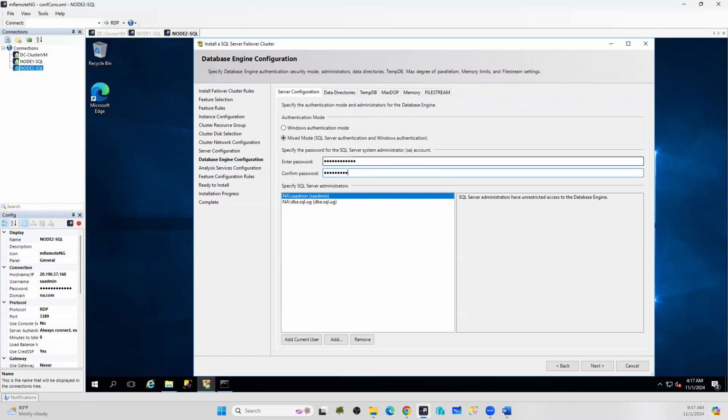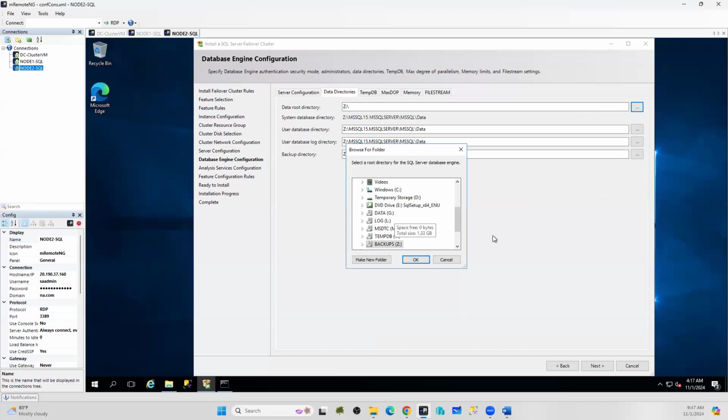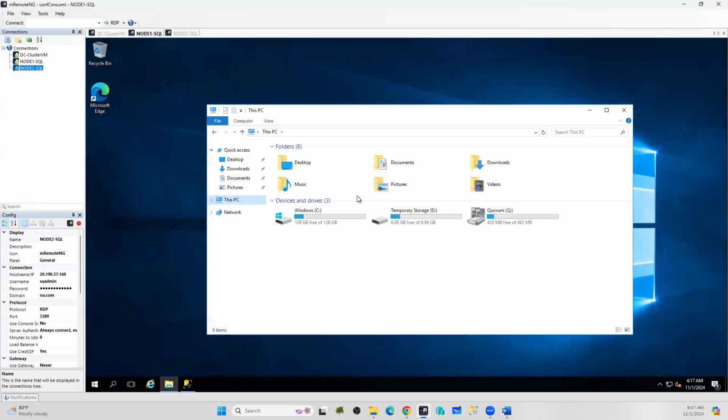Okay, this is a traditional installation only, nothing is changed. Go to the data directories. See, sir, all are going for Z drive only. I don't want to go for Z drive, sir. Let's see the data files. I need to go for G drive. Okay, G drive, data files, I need to go for G drive, but better, what I can do,